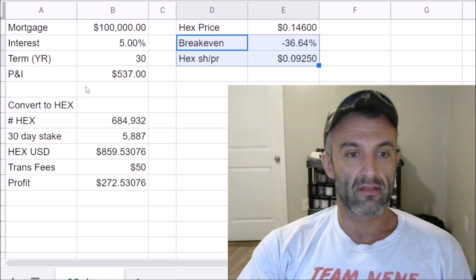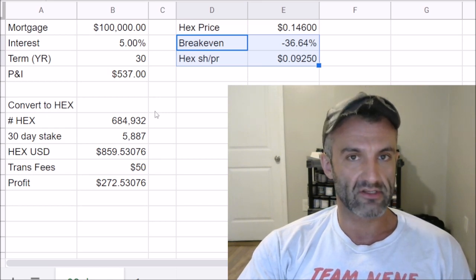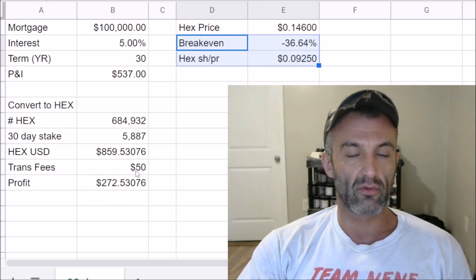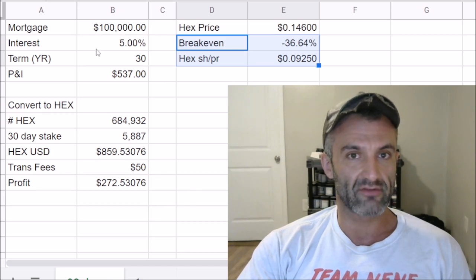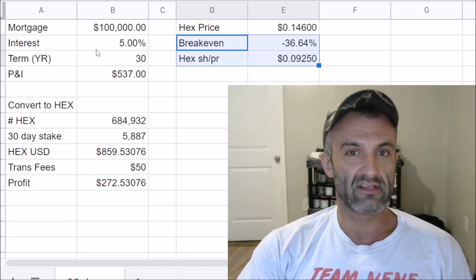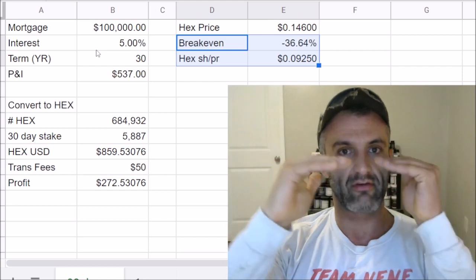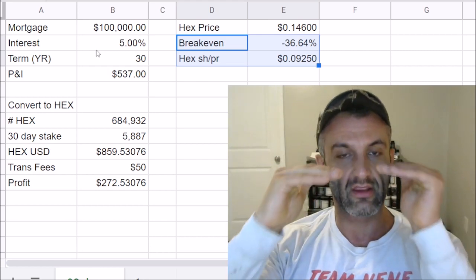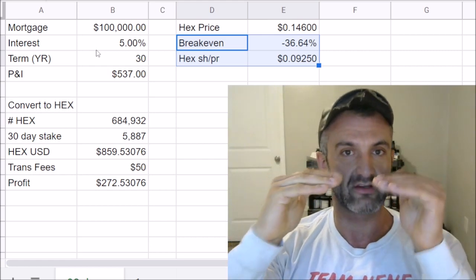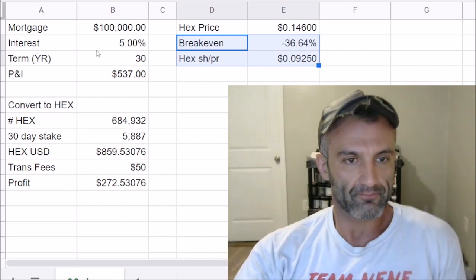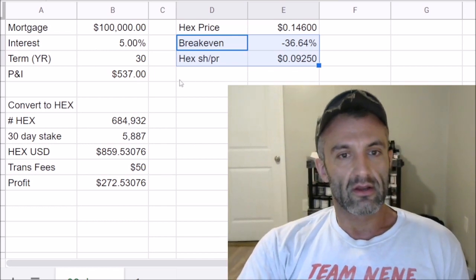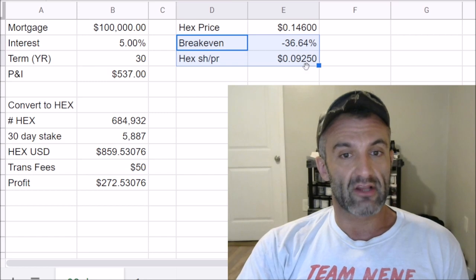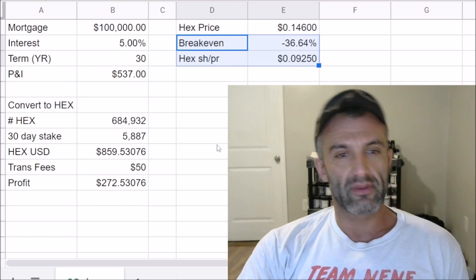That means the same exact thing we went through, but because the price came down, the profit that we're pulling, that interest that we're selling off to pay the mortgage, is now break even. It's about $540 that we're getting in 30 days of profit from this, right? So either way, even if the price comes down this far, you're still at that.